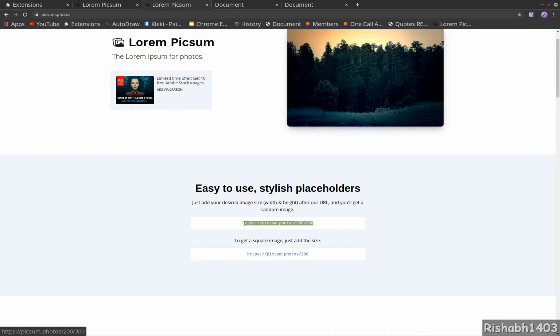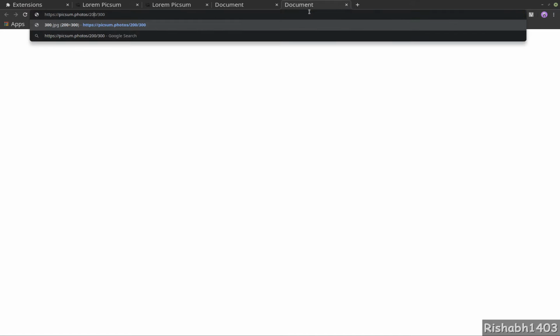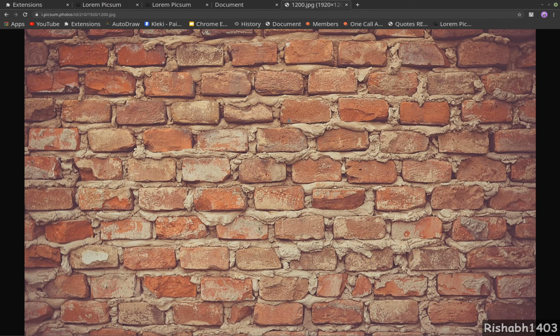So I'm gonna copy this, and my screen right now is 1920 into 1200, so I will replace by that, 1920 and 1200, and it will give a nice image for the background. So what we will do is we will use this API and get a random image every time someone opens a new tab, and we will replace the earlier image with the new one.